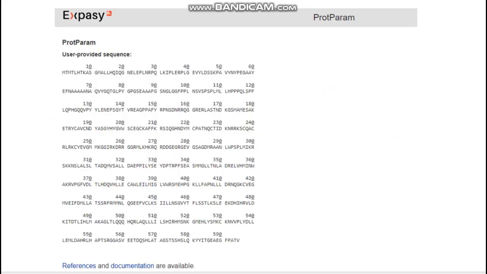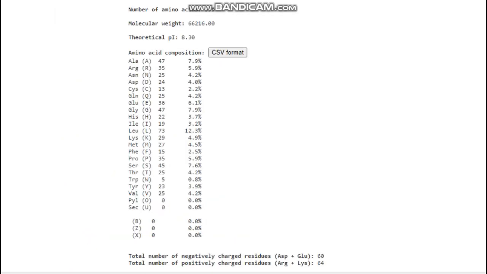This will show you the results in detail. At first you will see the sequence which you have provided in the window, showing the amino acids with numbering, given after each 10 amino acids. Below this sequence you will be able to see the number of amino acids, and then molecular weight, theoretical pI, and the amino acid composition, in which the number of each amino acid and the percentage of each amino acid with respect to the total amino acids in